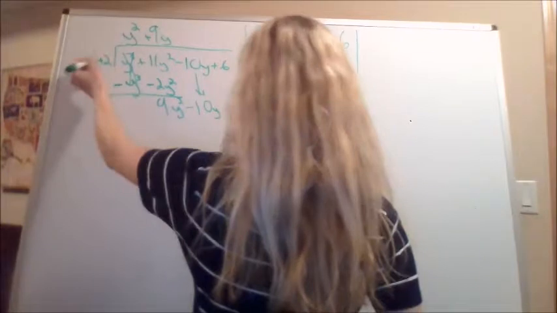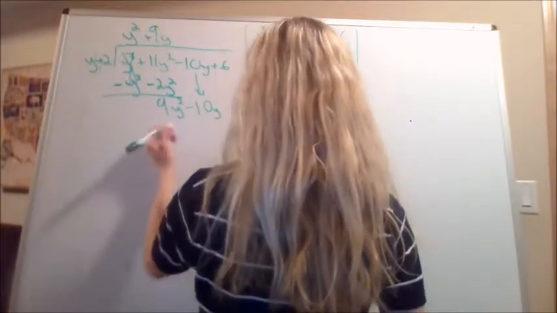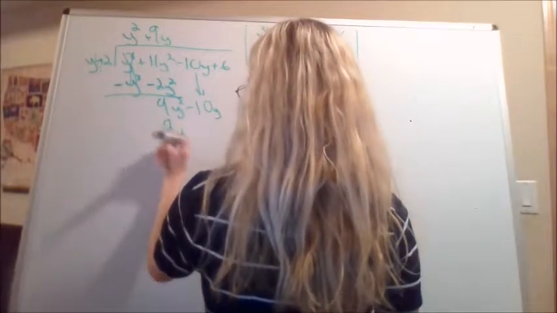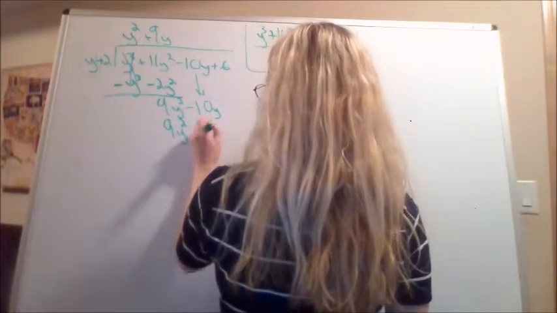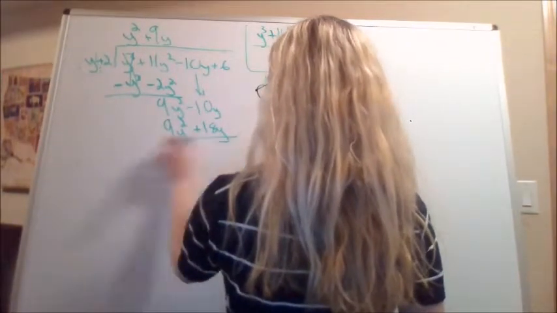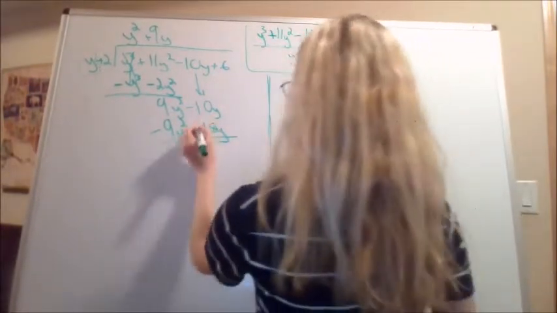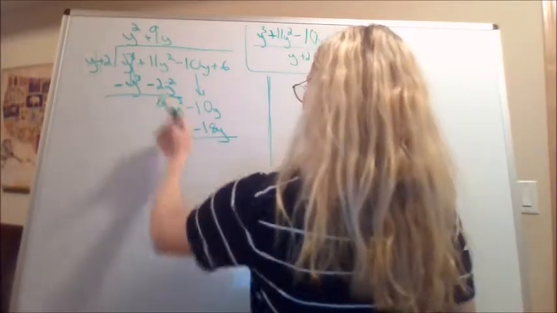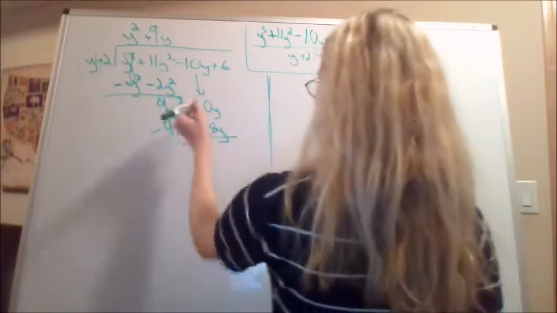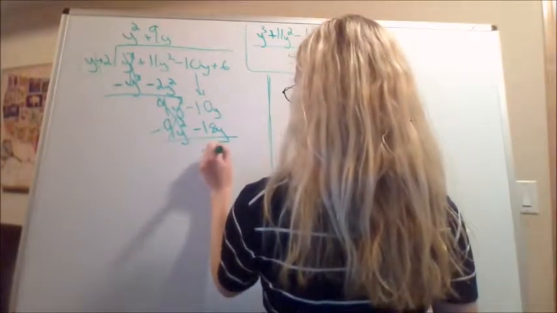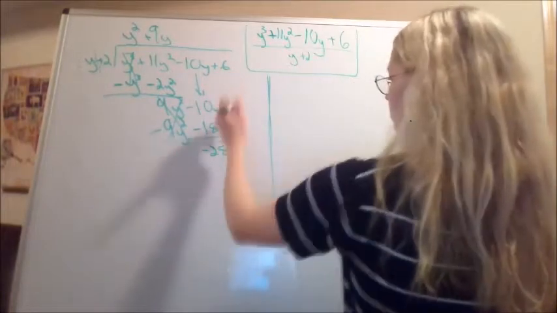So we multiply y plus 2 all by 9y, each term, so we get 9y squared plus 18y. And now we subtract. So that becomes a negative. This becomes a negative. And these cross out. And this will become negative 28y. Now we can bring down our 6